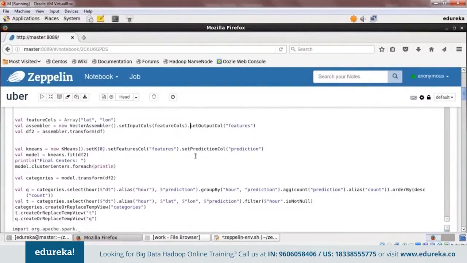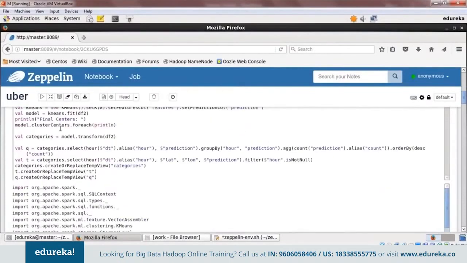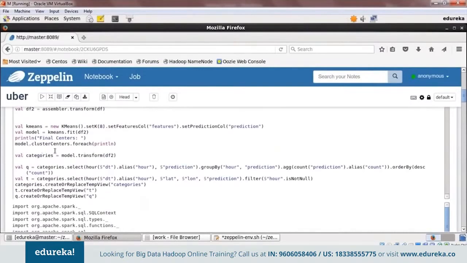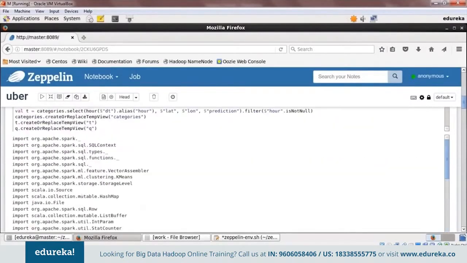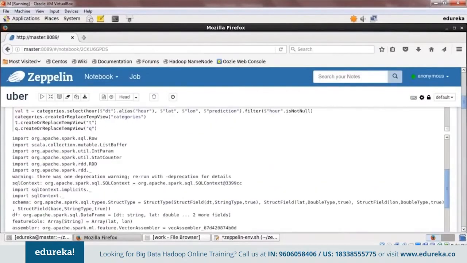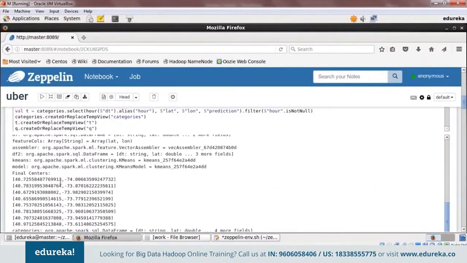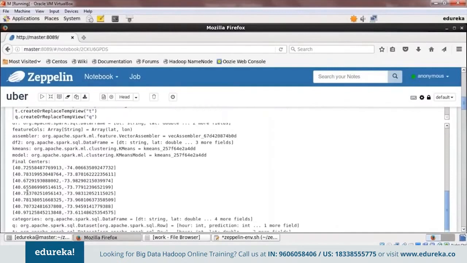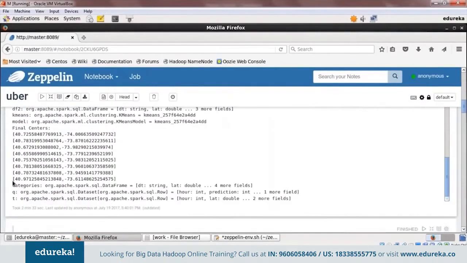And then we are selecting the prediction column, with the output column as predictions, and then we have printed the cluster centers for each cluster. Definitely whatever result we find, the cluster centers will tell me the exact location. So the cluster centers that we find after k-means are actually the beehive points. This will be the point where I will find maximum pickups, right? So here I have printed my cluster centers, and this defines the latitude and longitude. This is going to be my location where I'm going to find the maximum pickups. And I got 8 results like that because I got 8 clusters and defined the 8 centers for different clusters.